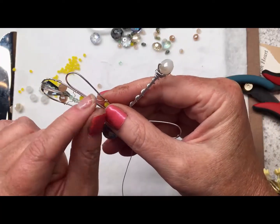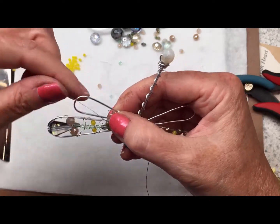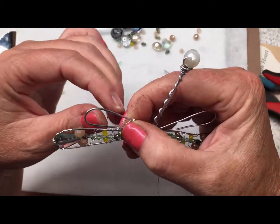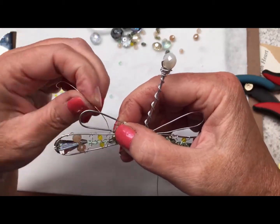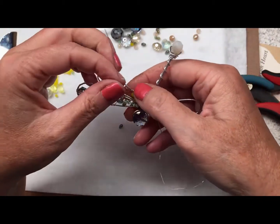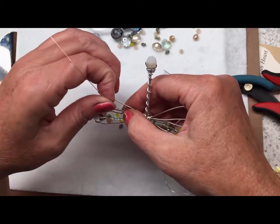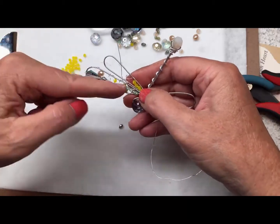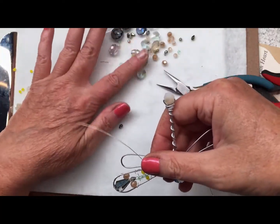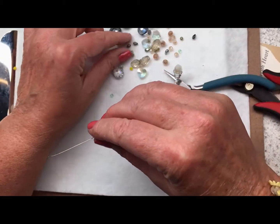I'm going to come around here. I'm going to show you a different way of doing wings sometimes that I do. There, make a little circle. Come up this way. If you saw Neely at one of the Great Bead Extravaganzas, I think the last one, he did a project called Seaside Santorini. I think I'm saying that correctly. And he sort of did this little thing with the wires where he made circles and added beads, and it was really, really beautiful. So I kind of got the idea from that